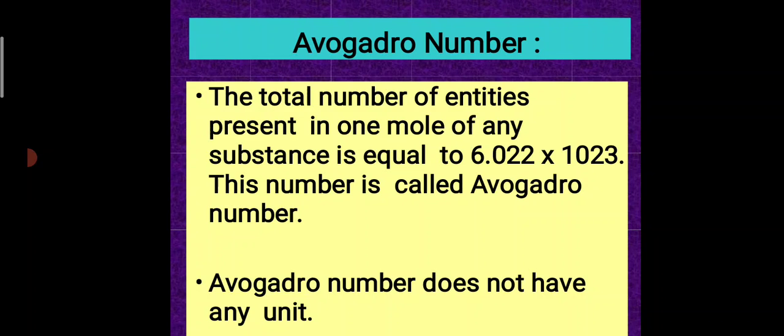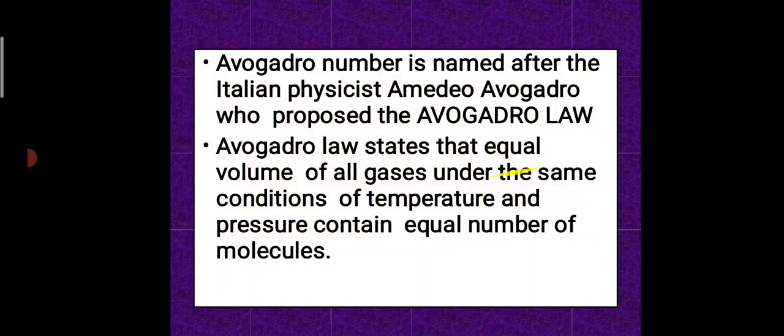So we got the term mole. Mole means number of atoms present in 12 gram of carbon 12. We told it is a mole and 1 mole value is 6.023 into 10 power 23. That number has got some name because of the scientist. So the name is Avogadro number. Avogadro number does not have any unit, 1 mark.